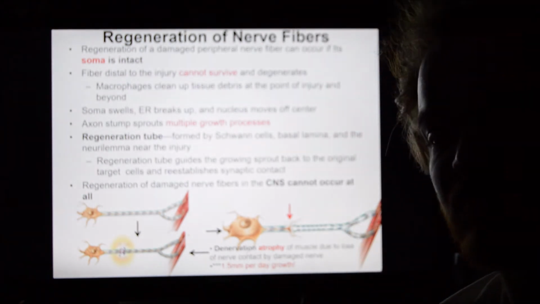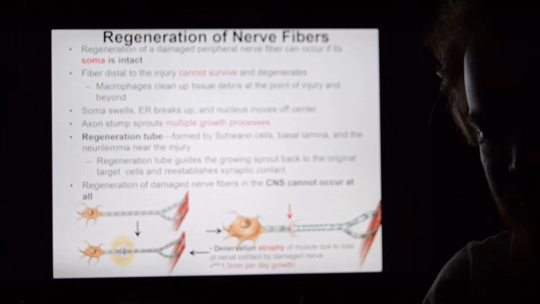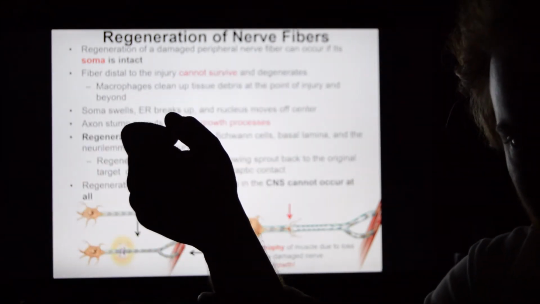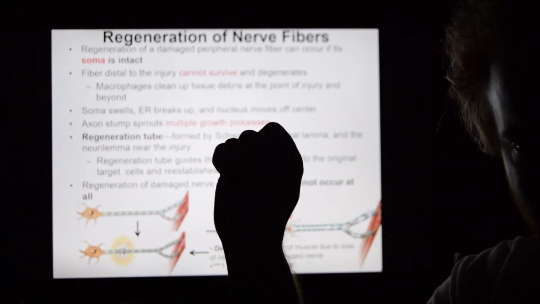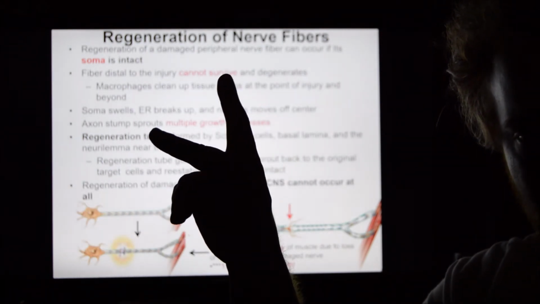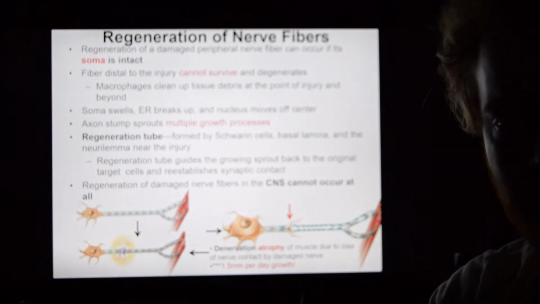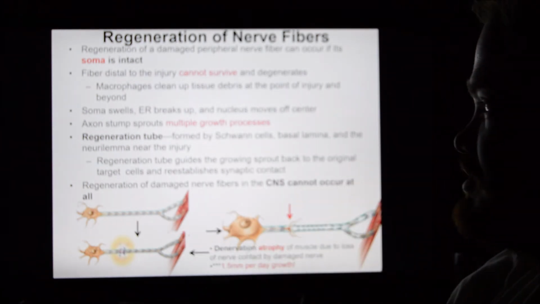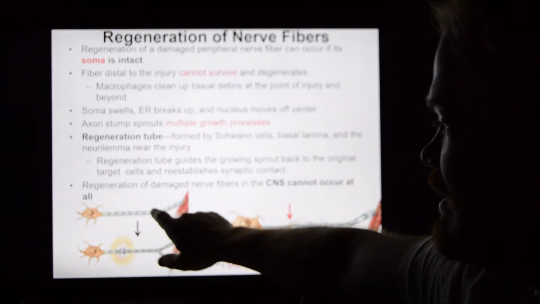But in the periphery, in your hands and your arms and your legs, if you were to damage a nerve in your arm, like an axon, if you hit the axon here in the arm that controls that finger, you can heal that. That can come back. It's a doable process, especially if it's a myelinated neuron.